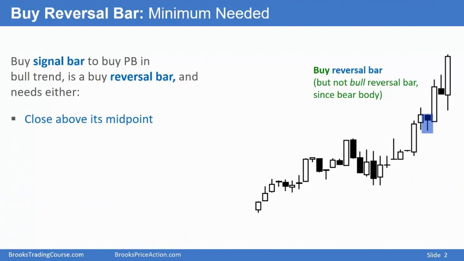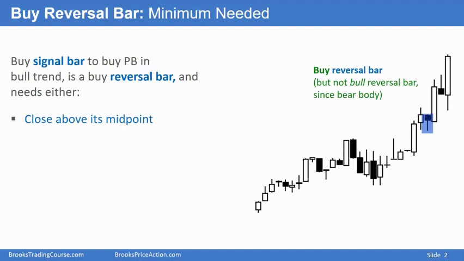When a trader is looking to buy with a stop, a good signal bar is a buy reversal bar, and the minimum needed is a bar that has a close above its midpoint. So for example, here we have a bull trend, and then we have an attempt to reverse. It's not a very good attempt, and it closed above its midpoint, and therefore traders will look to buy a resumption of the trend. They'll place a buy stop just above the high of that bar,